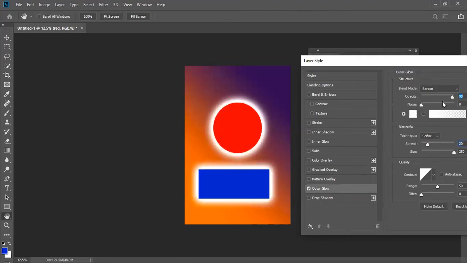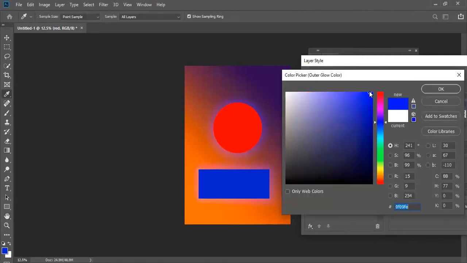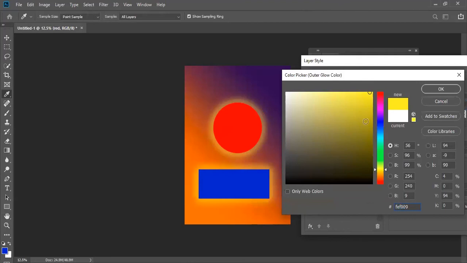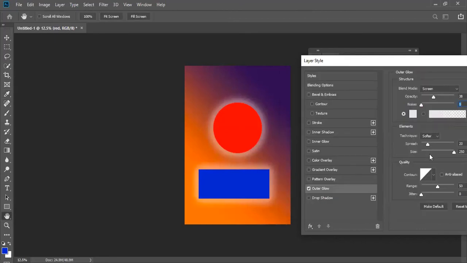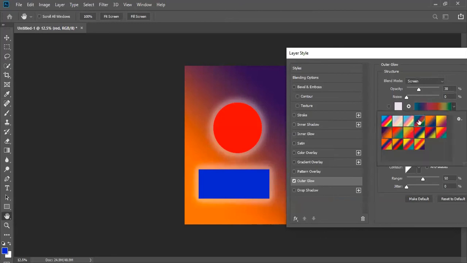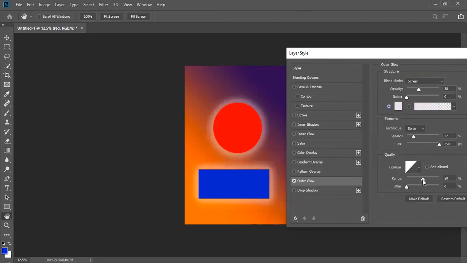Opacity, if you want to, you can adjust opacity. Noise, if you want, you can apply the noise also. You know what is noise, right? Okay, noise. And in case you want to use any other colors, like yellow, whatever, normally it will be white only, but whichever color you want, you can use. Okay. And here the size, softness you can adjust. Softness should be like this only. Okay. In case, if you need any other gradient, that also is possible. I don't want that, I need only the color. And here when you're adjusting, some value will adjust, you can see this one.